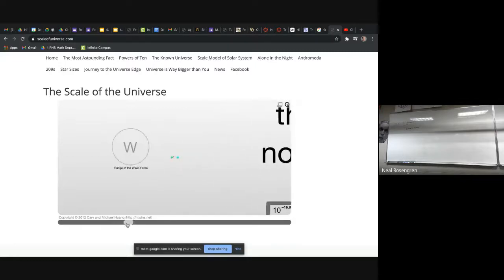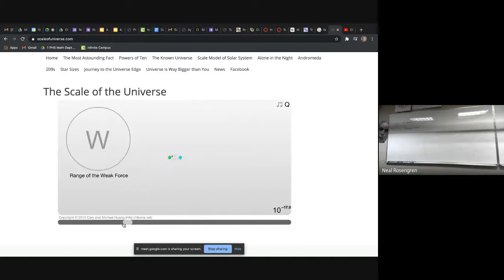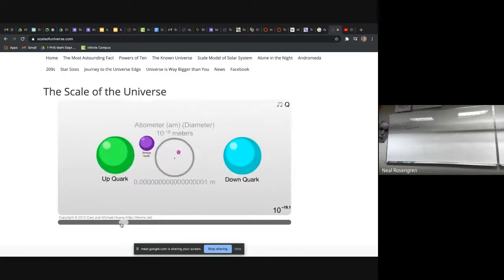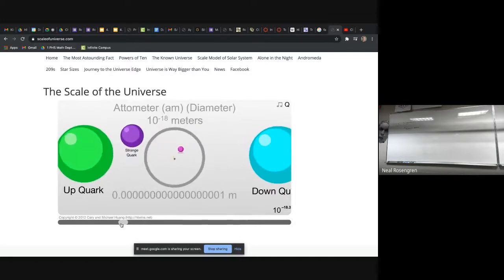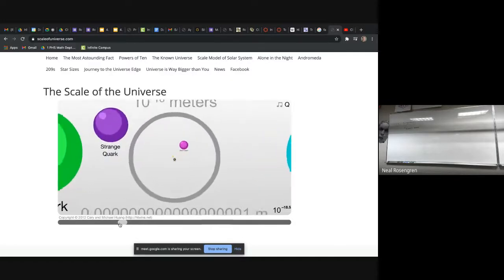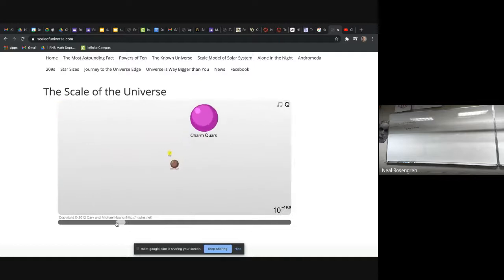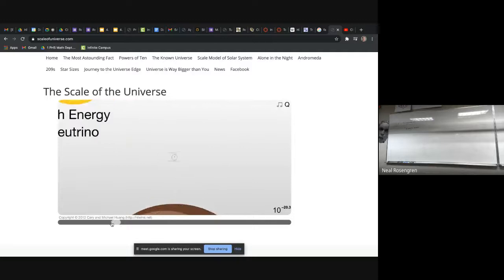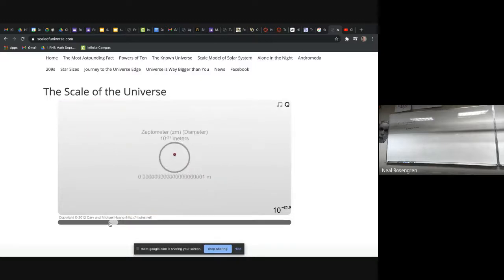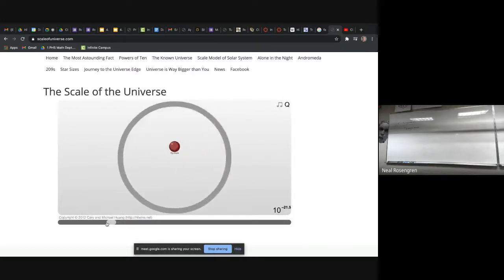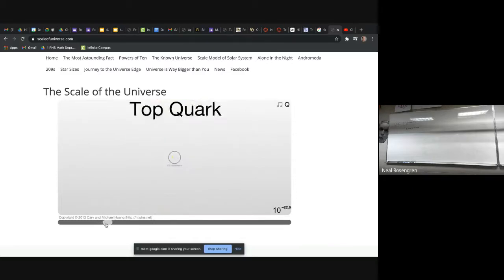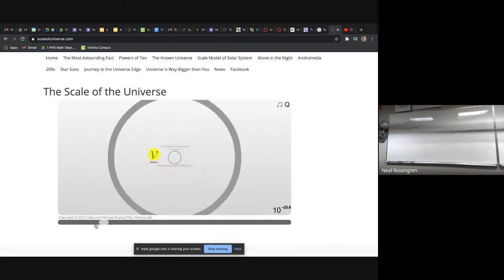Okay. I don't know how much you know about the forces of the universe. We've got magnetic forces and gravity, but we also have weak forces and strong forces. There's the range of a weak force. I mean, our best understanding of the way that this stuff works is string theory, which gets us into quarks. I don't know a ton about it, and when I say I don't know a ton, I barely know anything, and I can only even just mention the words, but I can't really explain it. But let's go into hyperspace here a little bit